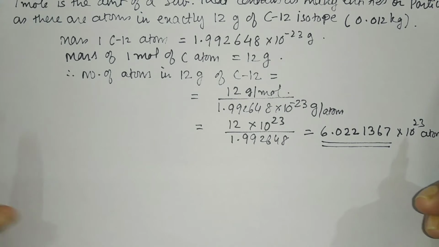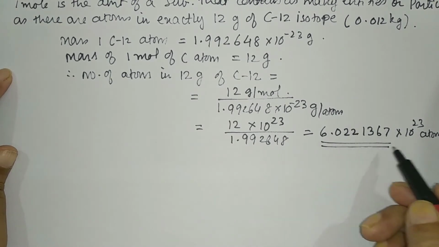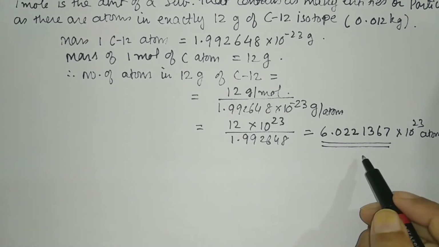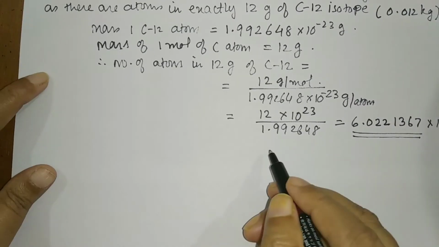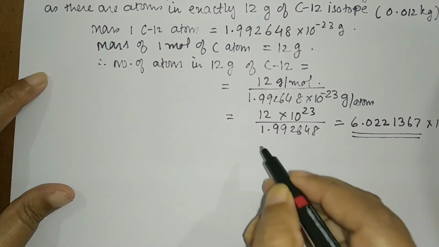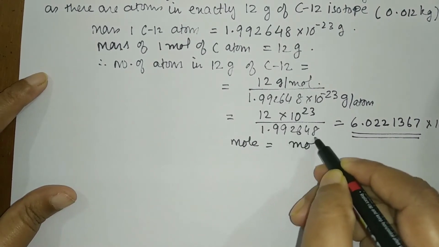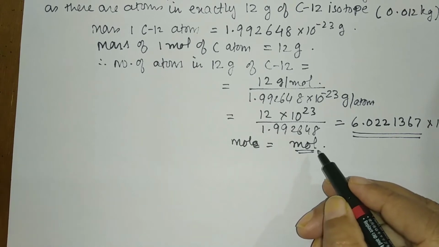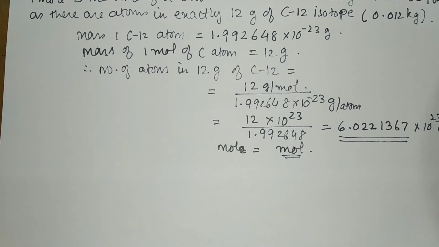1 mole of the amount of the substance that contains those many particles, we call it 1 mole, and this number is given the name Avogadro number. Students, it's very important to note, although I am saying mole, it is always denoted as mol. We never write the e after this. So it is written as mol. And this constant is called the Avogadro constant.